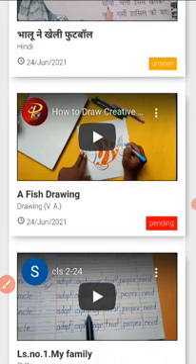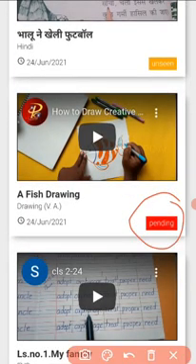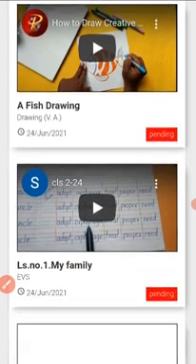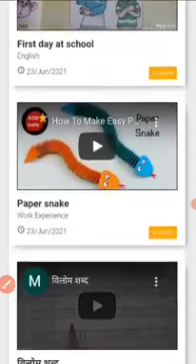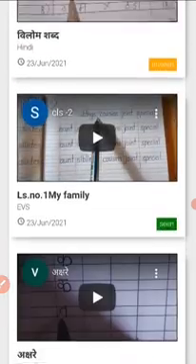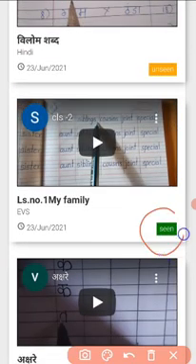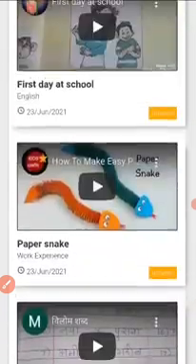See here it shows pending, meaning I have opened it but not seen it completely. Then sometimes it shows seen also. See here it is seen. So it is a very useful thing given by the school.